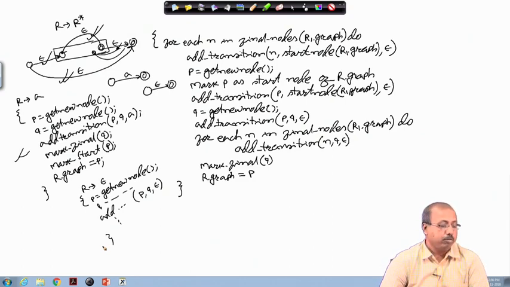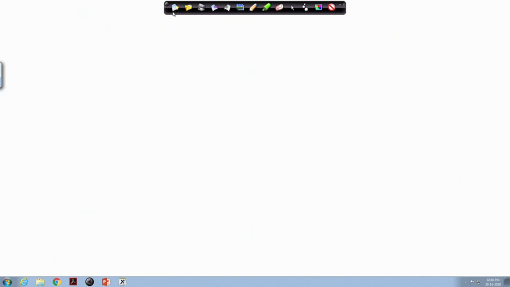Next we will be using another example for this syntax directed translation, which is for evaluating arithmetic expressions. Suppose we have got the arithmetic expression grammar, which is given by this.